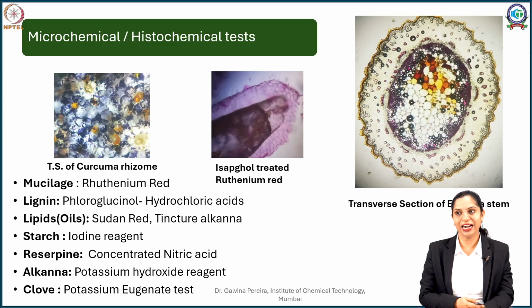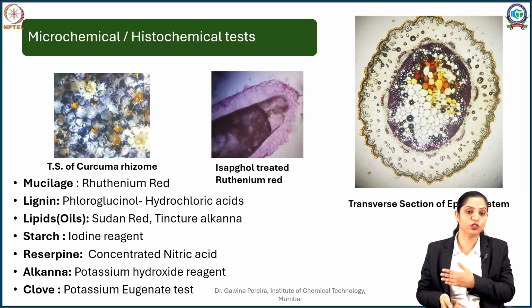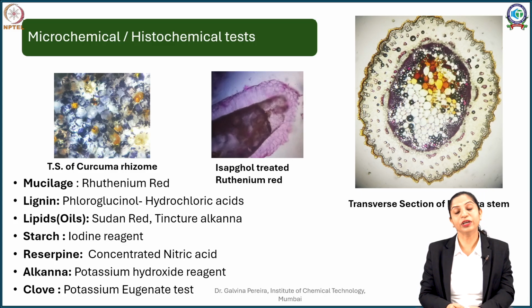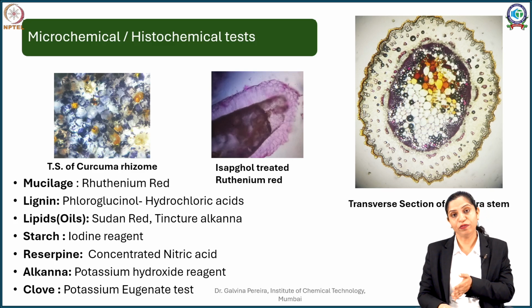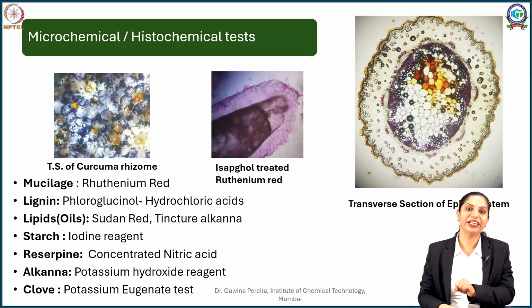Not only that, you might have seen that in certain transverse sections, say for example Rauwolfia that we discussed previously, just the addition of nitric acid and seeing that coloration will tell us whether Rauwolfia contains reserpine or not. Is it there or is it an exhausted drug? Similarly you can do it for alkana. Alkana contains naphthazarin pigments, and these pigments turn blue when they are treated with an alkali. So take those alkana sections and just add a drop of your base.